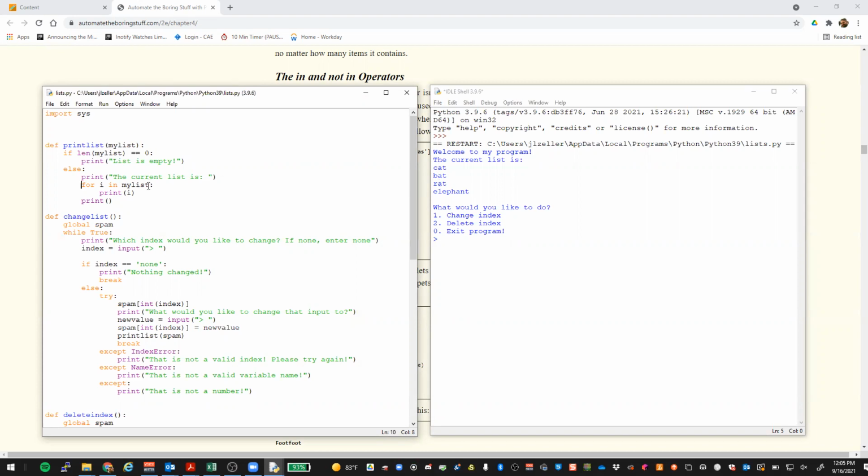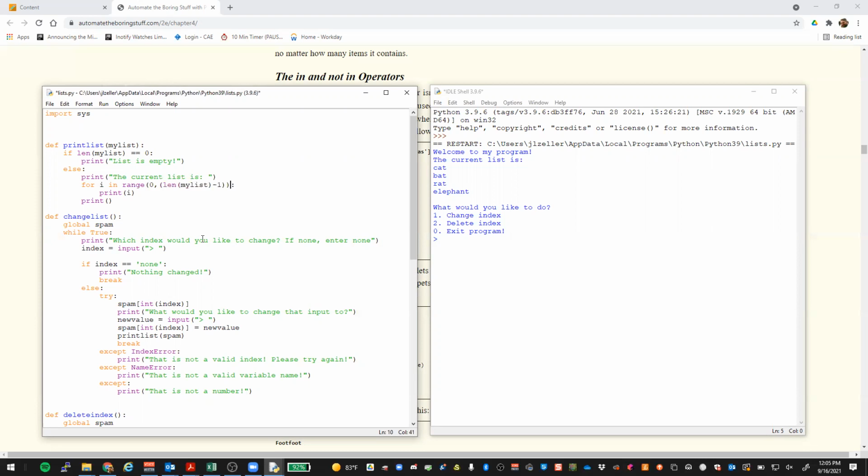So to do that, all we have to do is come back into where we are going through each one of them for my list. And instead, we're going to use range. We're going to start with our 0 and go up to the length of my list minus 1, right? That will get us the total length inside of here. So if I come in here, we're going to put this in a quote there. It's going to calculate my list, subtract 1, stick it inside of there, and that's what we're going to